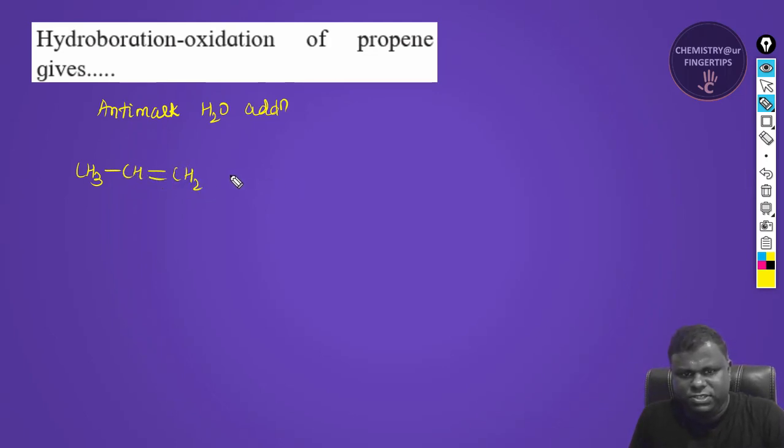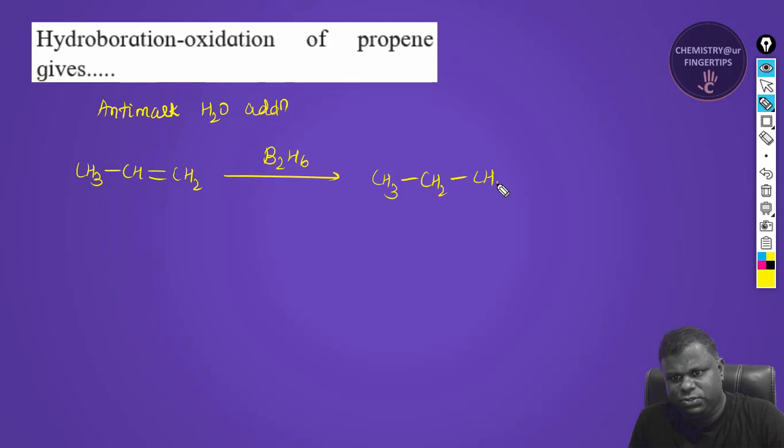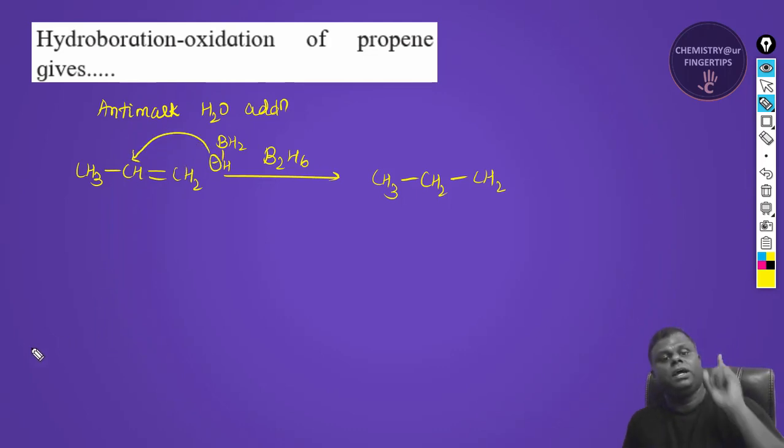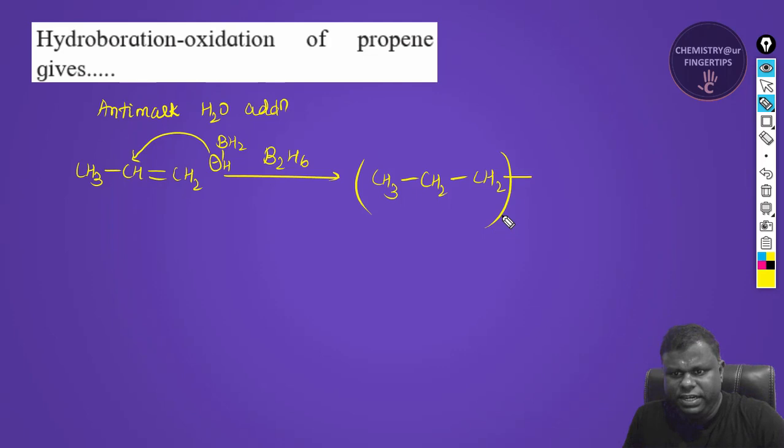So let's first do this. I'm going to write here B2H6. So what happens over here is you get CH3, simple way, CH2, correct, and then you have a CH2. So what we are going to do is look here. You have BH3, you can write it as BH2H. Now this hydrogen is going to have a hydride character. So this hydrogen is going to go to that carbon containing a lesser number of hydrogens, right? So you will be getting something like this,